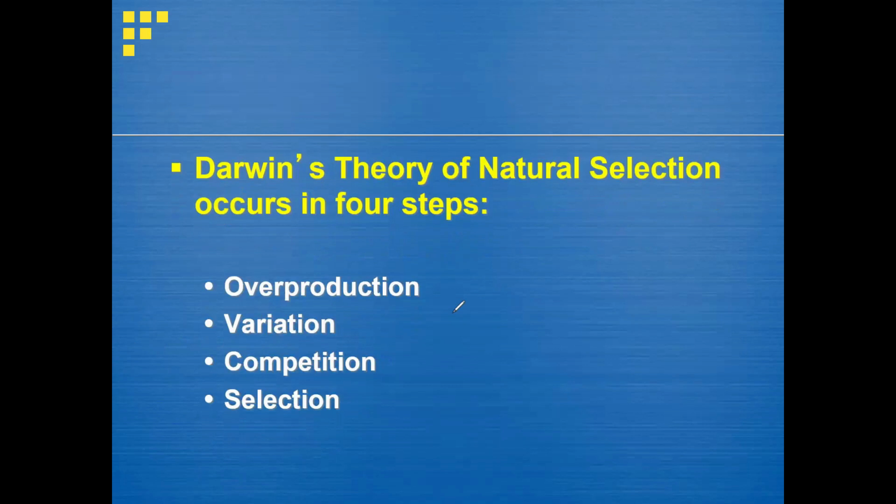So Darwin's theory of natural selection occurs in 4 major steps: overproduction, variation, competition, and selection. So it means that Darwin's theory of natural selection occurs in 4